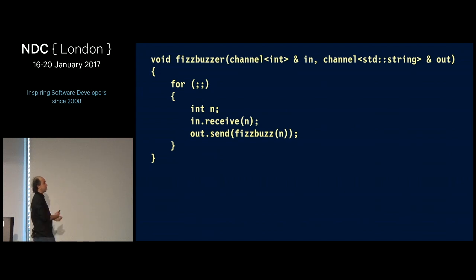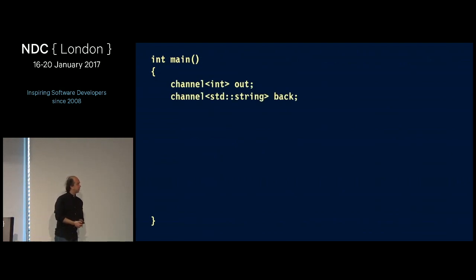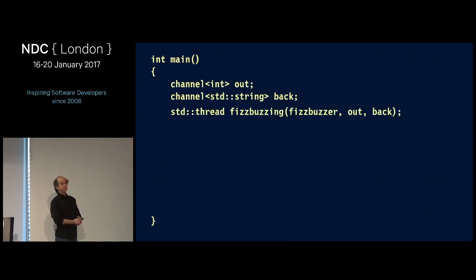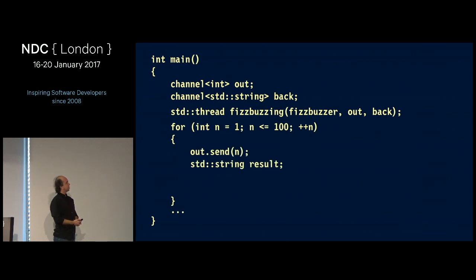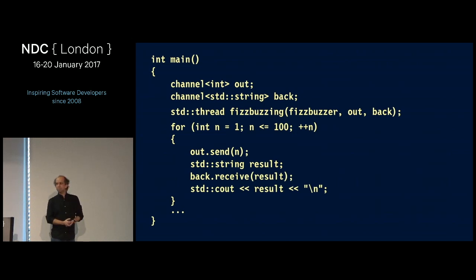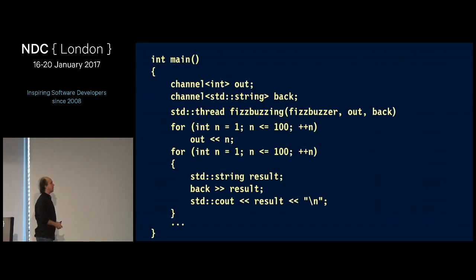I'm going to just run around and do stuff. That's fine. This is actually quite easy to test. I'm going to set up main. We're going to have a channel out and a channel back. We're going to launch that as a separate thread. I don't have to. There's nothing of interest here. But I'm going to send something, get back a result, and print it out. Really, nothing exciting going on here. I can resequence and mess about with the syntax a little bit to make it feel a little more C++-y. But what's more interesting here is I'm able to decouple and have a thread that's out there waiting for stuff,